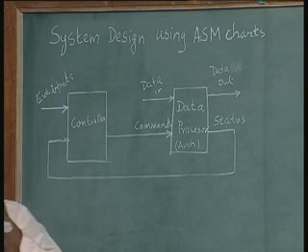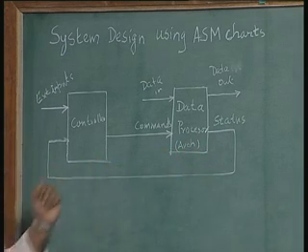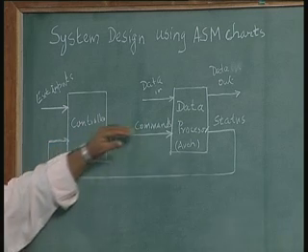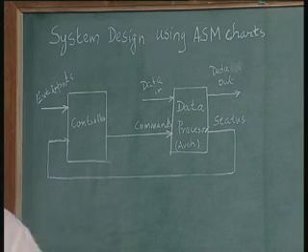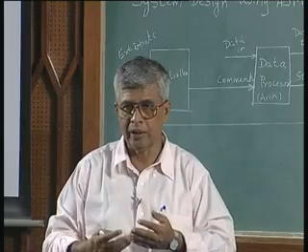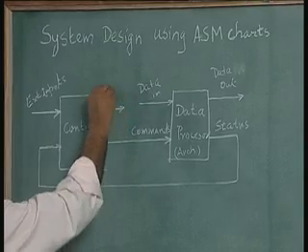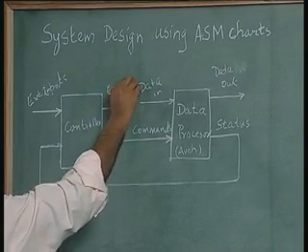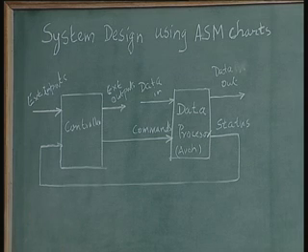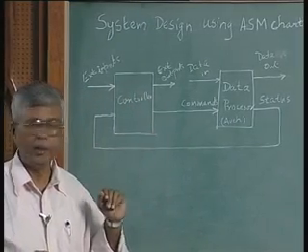So, the controller has two sets of inputs, one from external sources, the other from the internal process. Likewise, in addition to giving commands, the controller may also give you the status of what is happening. The multiplication is done, the result is ready, that signal has to be displayed so that you go on to take the next step. So, we also need external outputs. This is how you can partition a system, a digital system to be designed, and once you partition it, it becomes easier to implement, because data processors